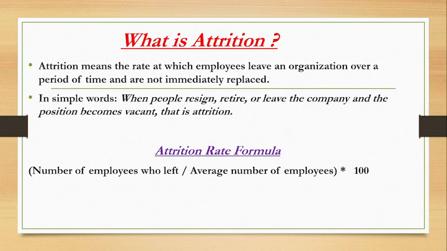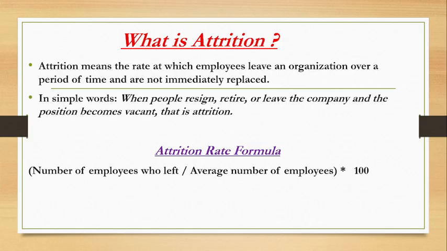Sometimes an agent leaves the company for a better opportunity or for health issues, or he has done something unethical that is not allowed by the company, so the company has asked him to leave, like data theft or any unethical activity. So these are all reasons for attrition. There are two types of attrition, and this is sometimes asked in interviews. First one is voluntary attrition, and second is involuntary attrition.